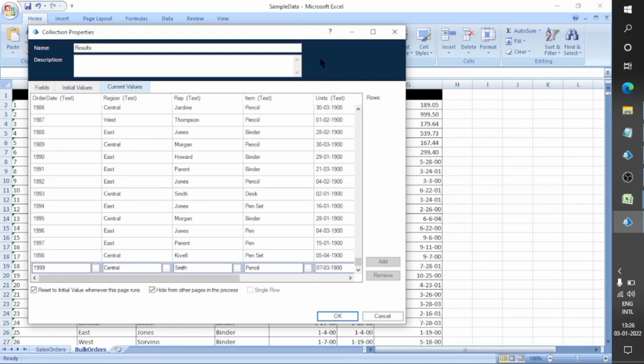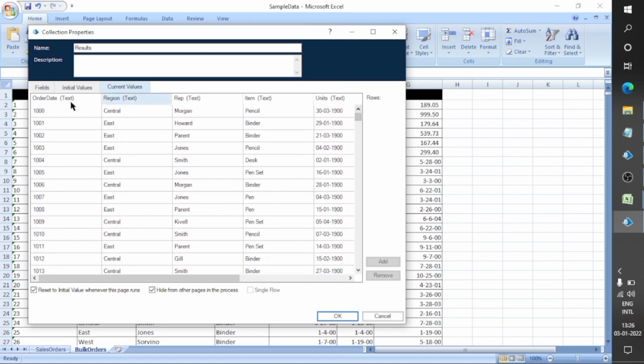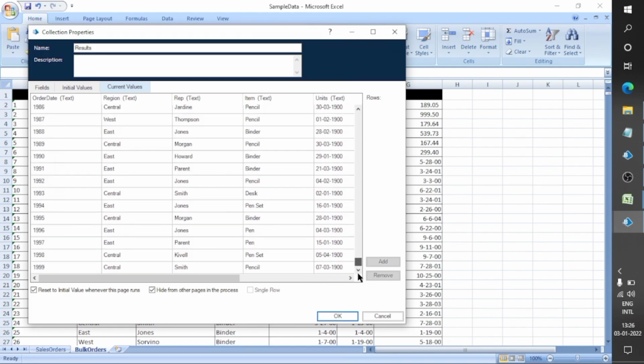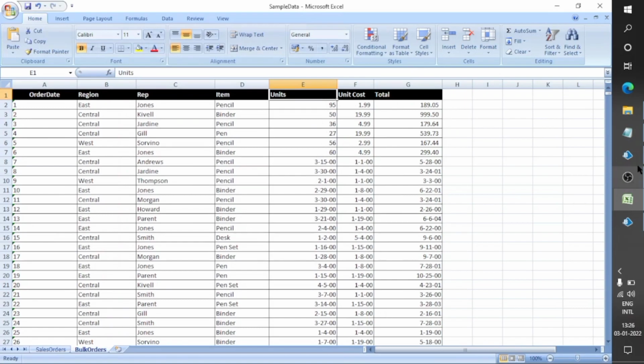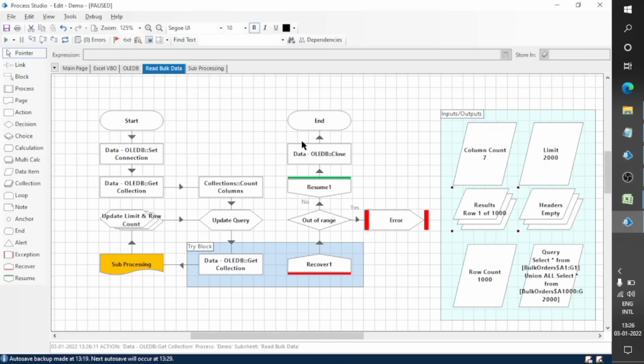That's why in the first iteration we get 999 rows. In the last iteration we fetched rows up to 999. Now we fetch from 1,000 to 1,999. Similarly, the next iteration will get rows 2,000 to 2,999, then 3,000 to 3,999, and so on.